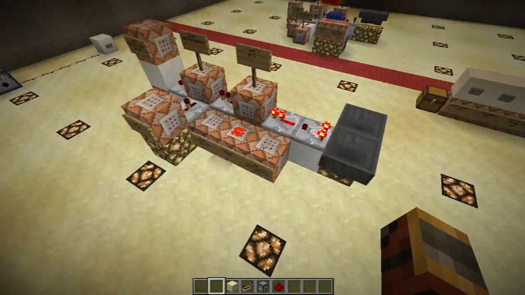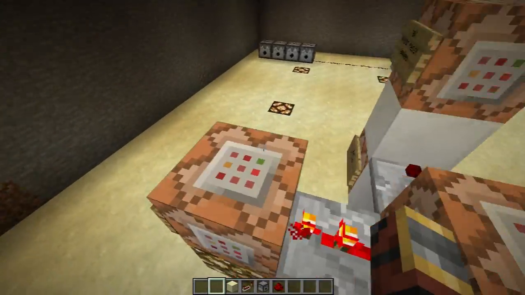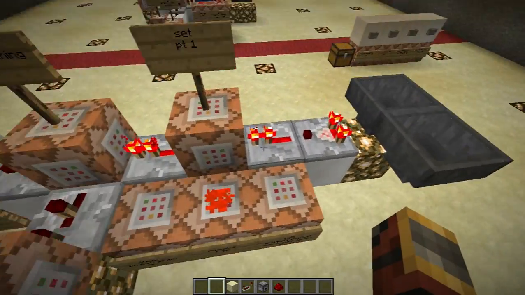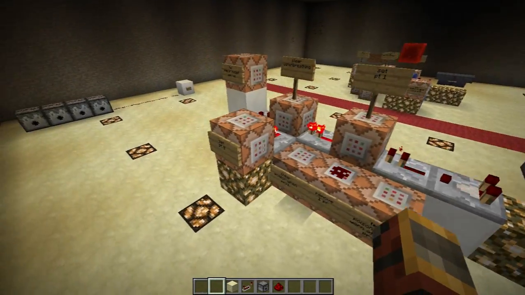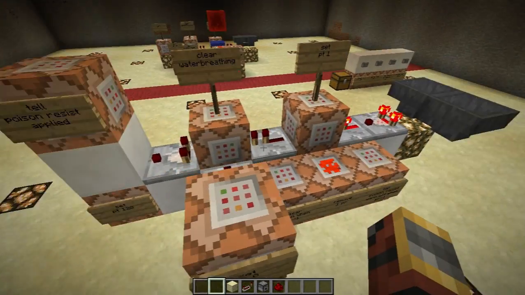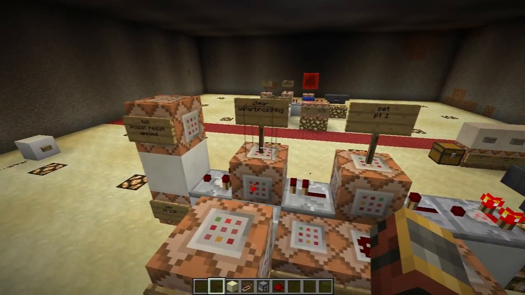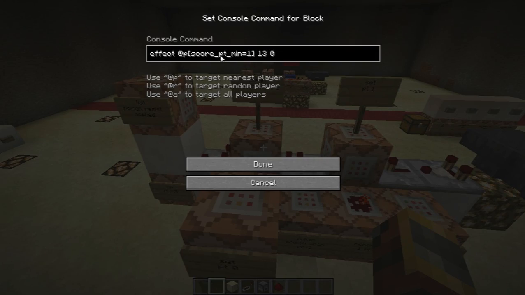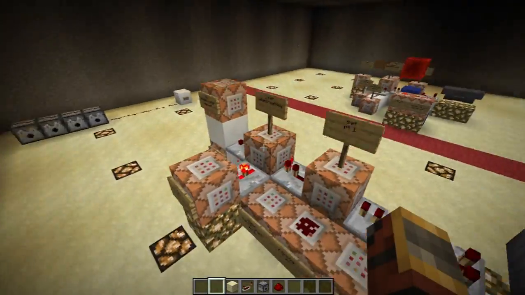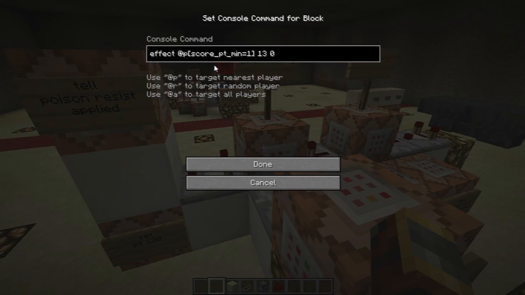Sometimes it'll pick the same person, but usually it'll pick a different person. And if you have it triggering fast enough, even if there are like 10 people on the server, it's still going to apply the poison resistance pretty fast. So that's an important thing to bear in mind. You can slow down this clock if you want, but it's better to have it faster. So we've got the thing that sets a random player to player test, and then this repeater goes into this, which clears water breathing from the nearest player with player test minimum of 1. So it'll only choose someone who has just been tested for. Anyone else it'll ignore, and if it